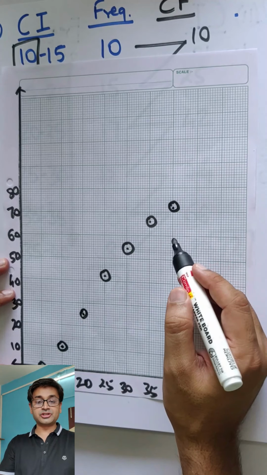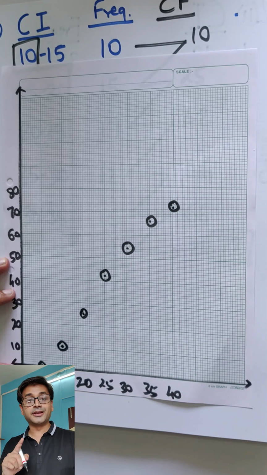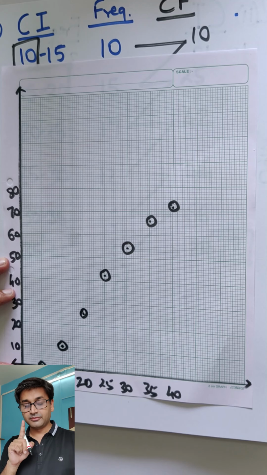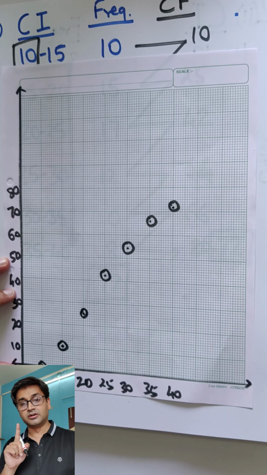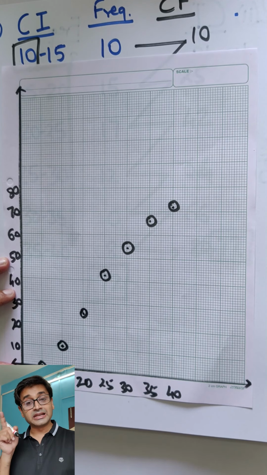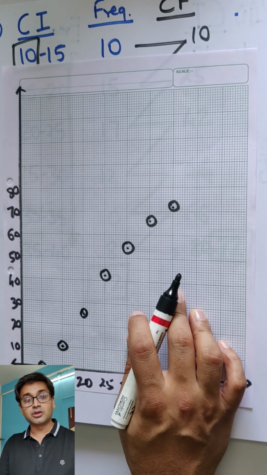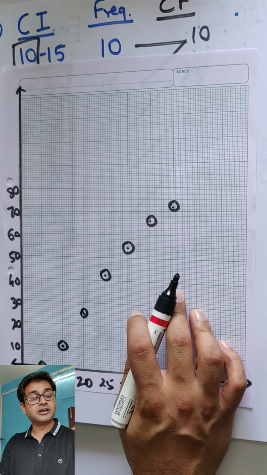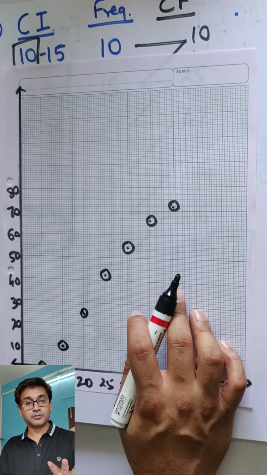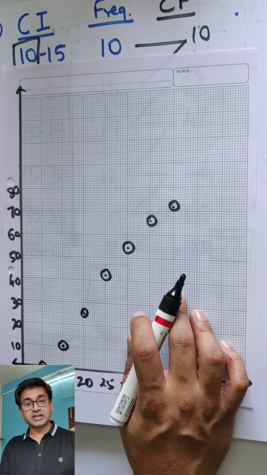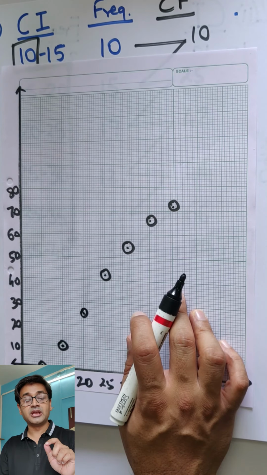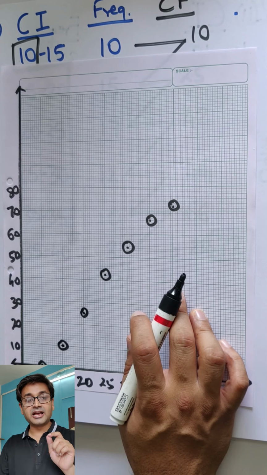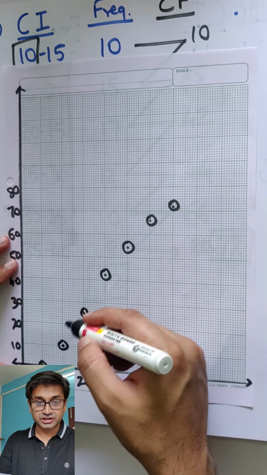Now once you have finished your plotting, you need to create a curve. The name is cumulative frequency curve. Curve means it should be like a curve. You can't be using your scale. If you use a scale, it becomes a polygon and you get a 0. So if anyone joins this with a scale, you get a 0 straight away. You have to join freehand and make it as smooth as possible. Please don't sketch it.